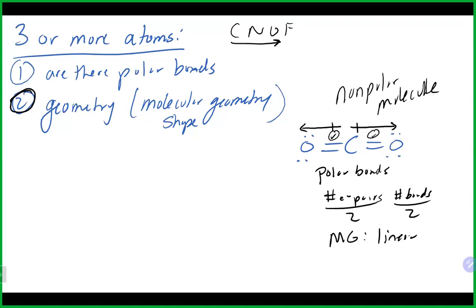So there are certain cases where polar bonds will cancel each other out, and it always occurs when they're sort of equal and opposite of each other, either pulling or pushing against each other. So this is a really good example to demonstrate that you definitely can have a molecule that has polar bonds, but because of its geometry, it actually can end up being nonpolar overall. So if we look at something like water, which we saw earlier as well,